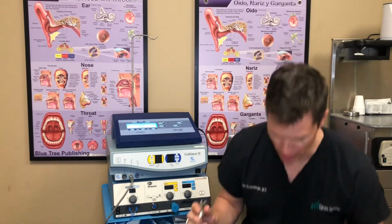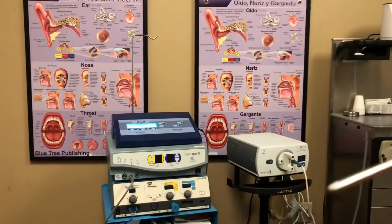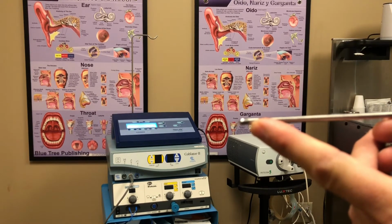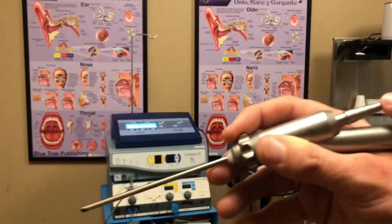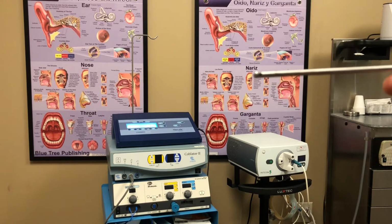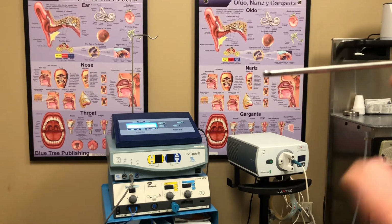Anyway, let me just show you up close a little bit. I'm going to turn off this backlight a little bit. Basically, you can turn it on, that little tip rotates back and forth, and there's a suction that would be connected to this end of it, and it would suck the tissue as it cuts it away. And so for sinuses like the ethmoids or for the turbinates, we're able to remove tissues in a very delicate fashion without grabbing and